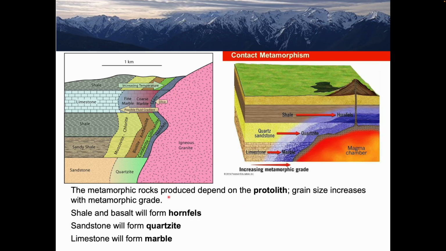The metamorphic rocks produced during contact metamorphism depend on the protolith that is present at any given location, but in all cases the grain size increases with metamorphic grade. Shale and basalt will be metamorphosed into a rock called hornfels, sandstone will be baked into quartzite, and limestone will